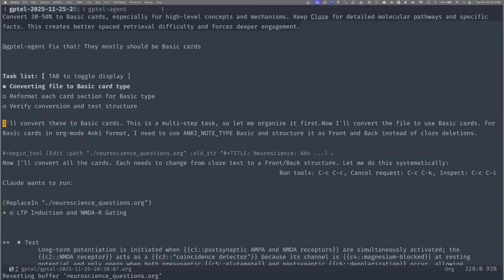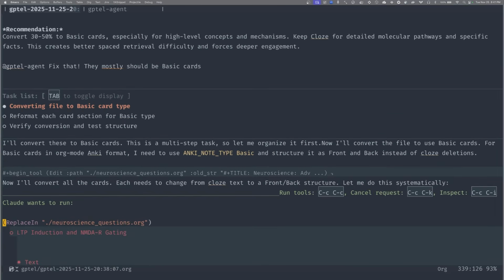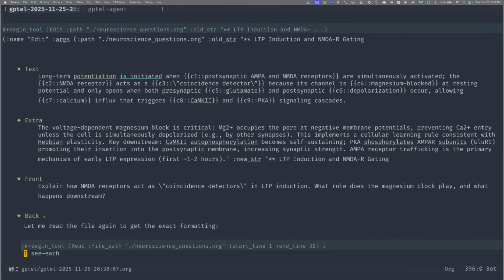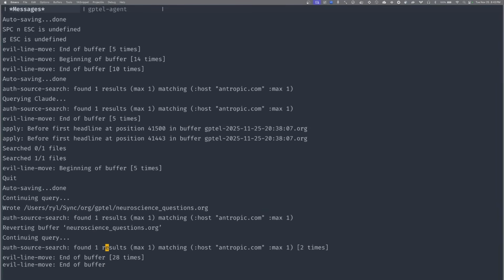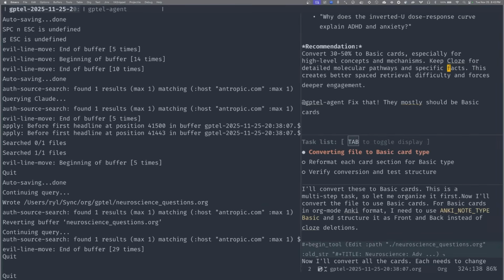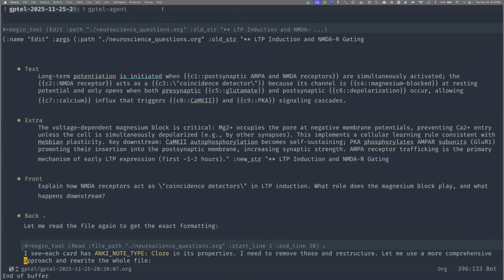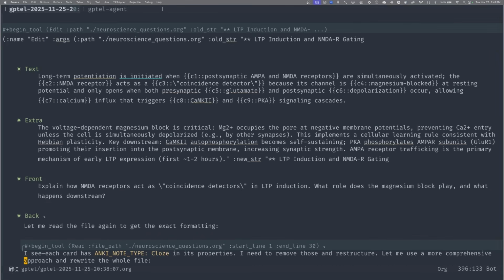Now, I don't know what's going on with the fontification in this buffer. This is pretty crazy, but it is working for what it's worth. Wait, I did something. I think it's doing it again. Yeah, I think there is something going wrong with the fontification. But for what it's worth, it is continuing. I don't see any error messages here. Yeah, let's keep going. Are you at the end of the file? Yeah, that's it. So okay. It's dumping it here. I'm not sure why.